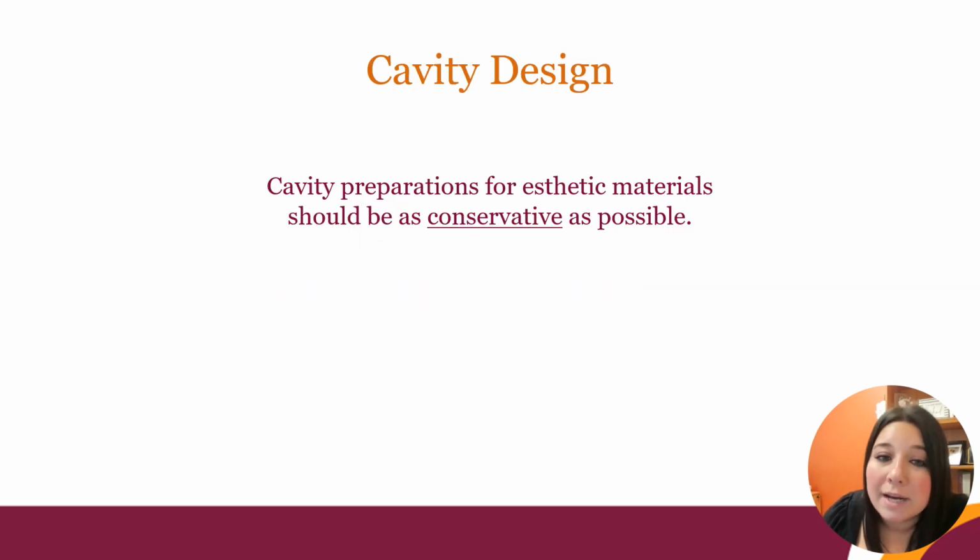Cavity preparations for aesthetic materials should be as conservative as possible. We want to make sure that we're not removing too much tooth structure. If you remember back from amalgams, the cavity prep is designed with an undercut to hold that amalgam into place. That means unnecessary tooth structure has to be removed in order to create those undercuts. For composite restorations, we don't need to place those undercuts, so we are saving a little bit more tooth structure